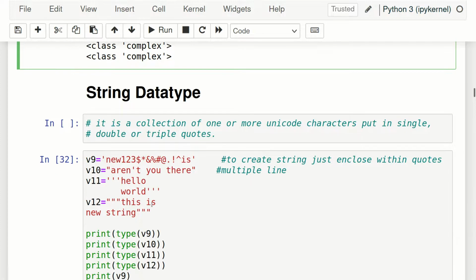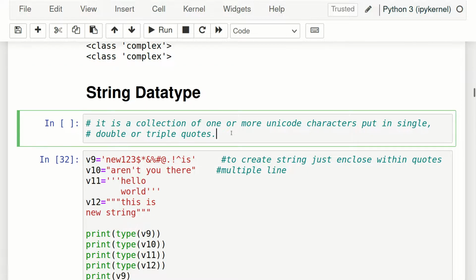Now coming to the important one, which is the string data type, which we will be using a lot, so keep attention here. String data type is a collection of one or more Unicode characters put in single, double or triple quotes. So keep this in mind. What does this mean?